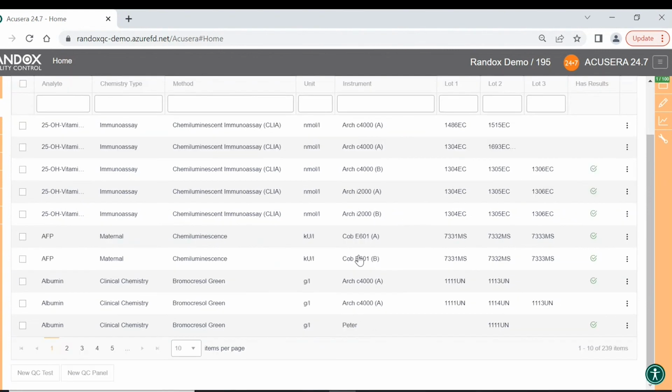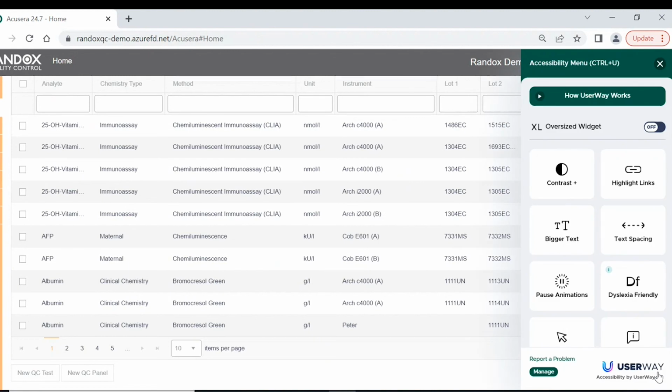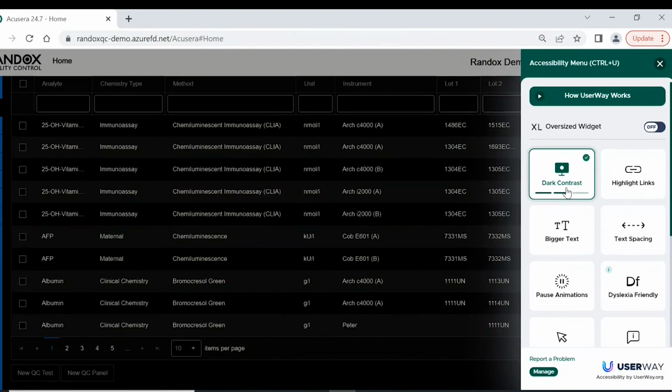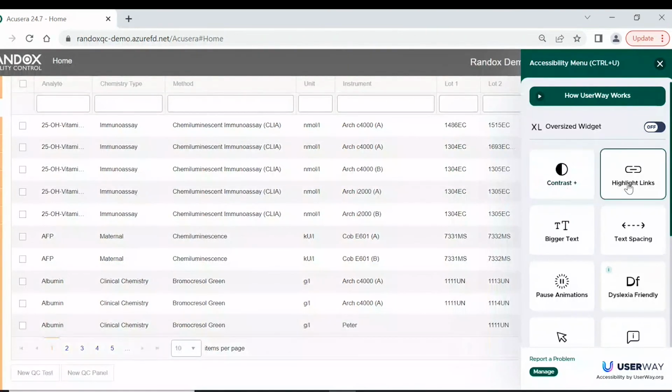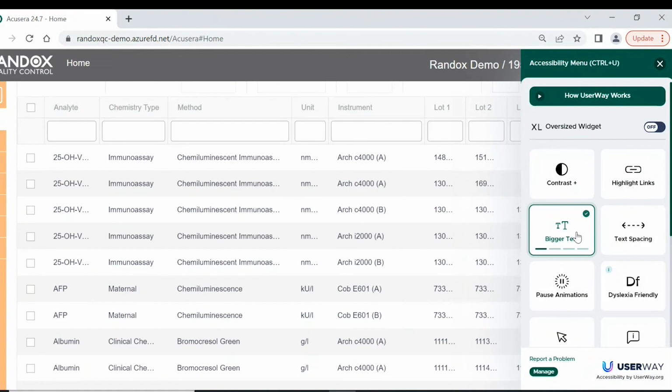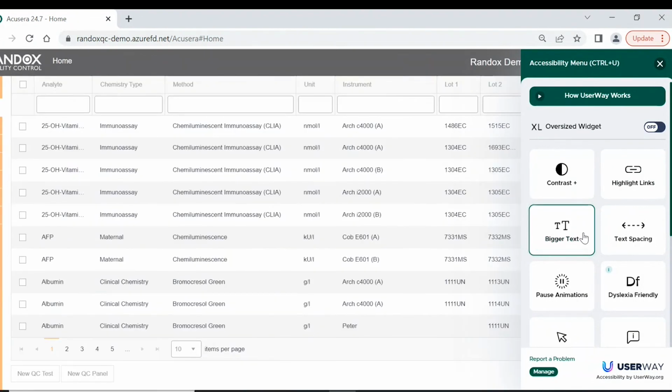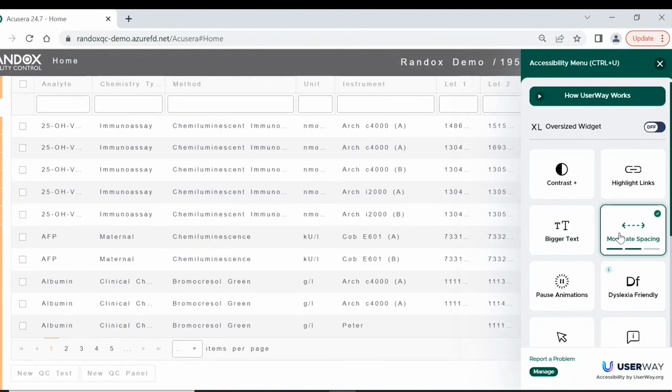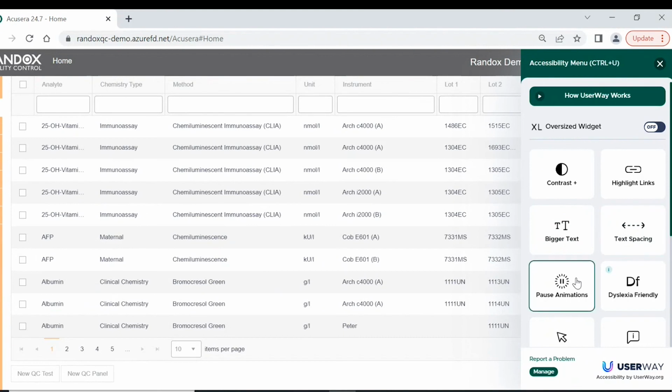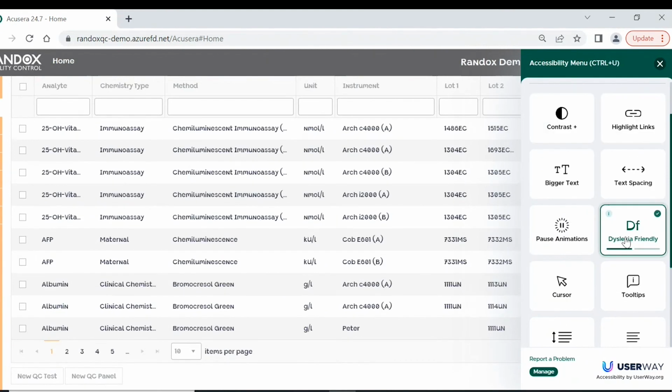The very last thing I want to show before we finish up is our new accessibility panel. If we come over to this little man in the corner, click on it, we can then change the contrast of the site, highlight any links, change the text size, the spacing between the text, make it dyslexia friendly with a different font,